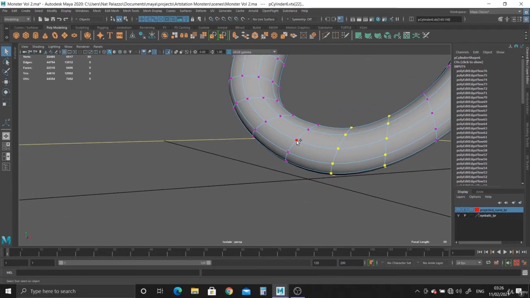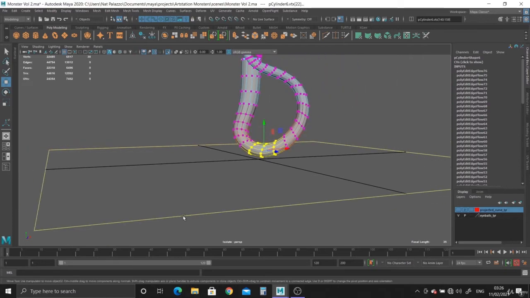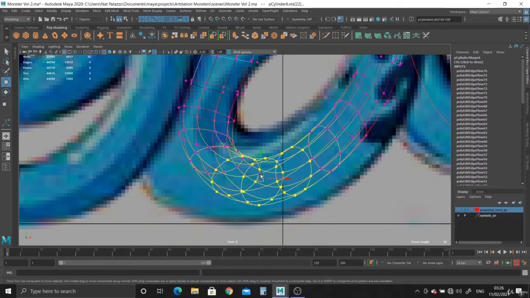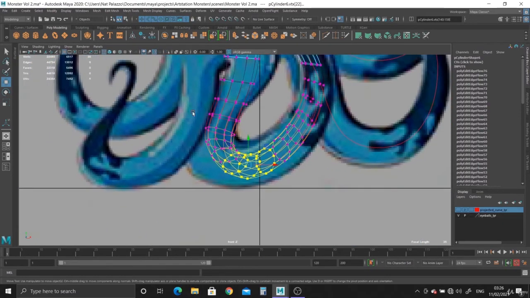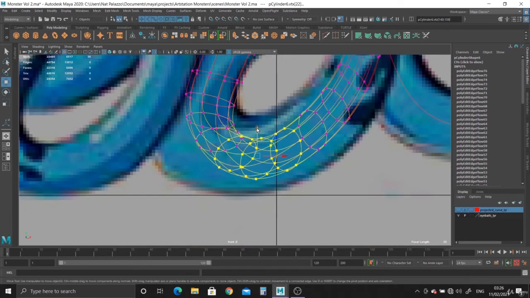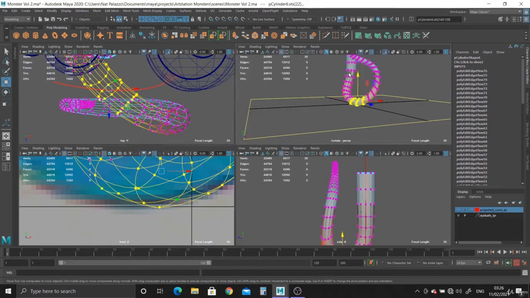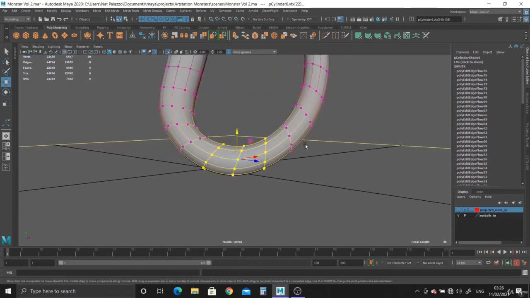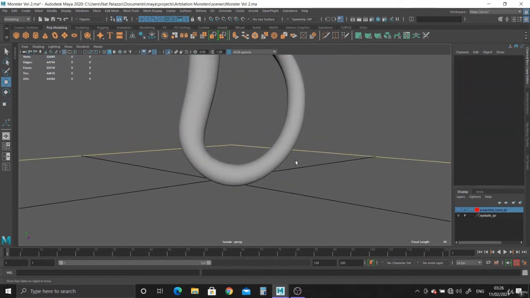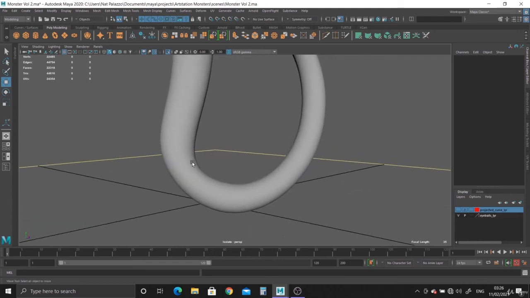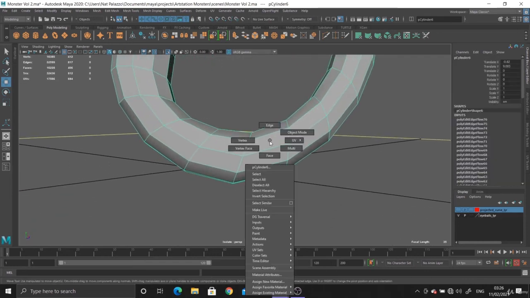So let's select these vertices. Hit B. I'm going to make the brush size much bigger. Much bigger. Alright, and let's just bring it down, and there we go. It's now touching the ground, as you can see. So that's better. And it looks a bit wonky around here. And so,